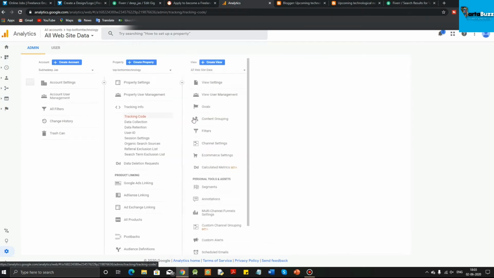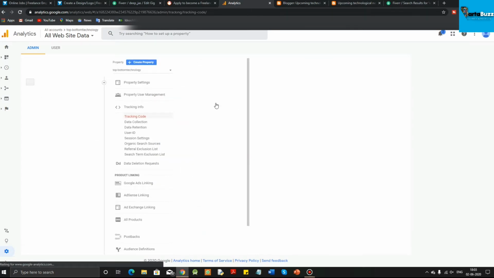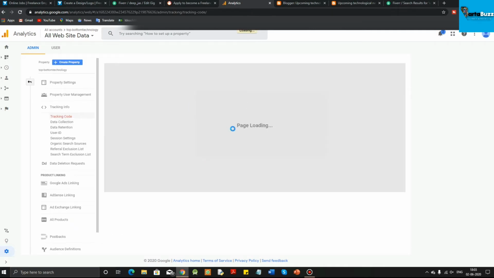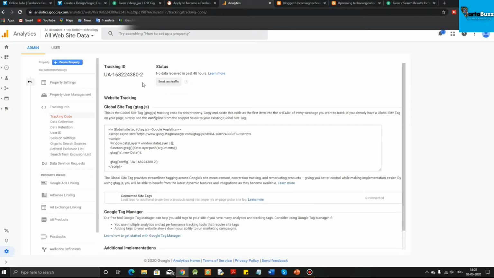Click on that tracking code, and it's taking time to load. So this one is your tracking ID. Just copy it, and go to your Blogger account, not your website.